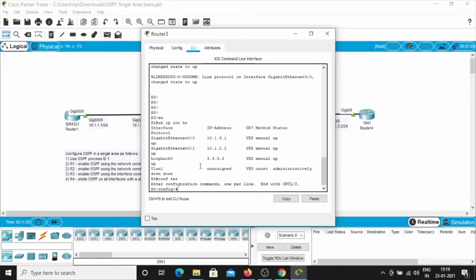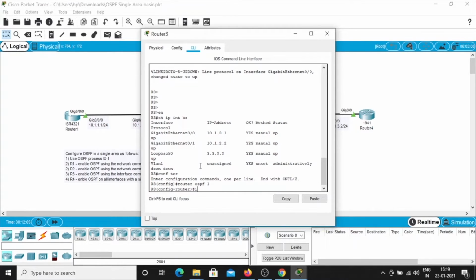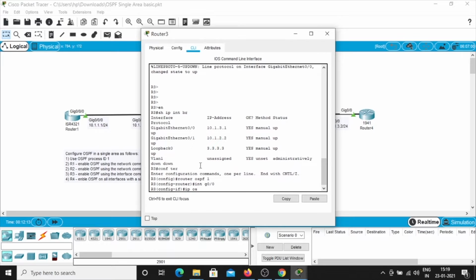Then we are going to write router OSPF 1, interface G 0/0, IP OSPF 1 area 0.